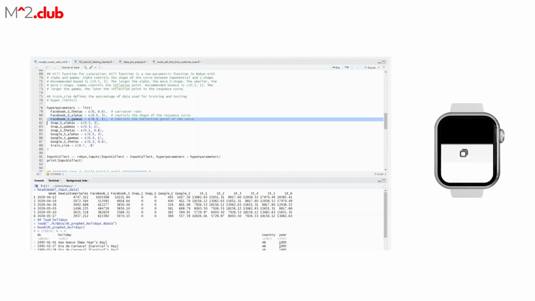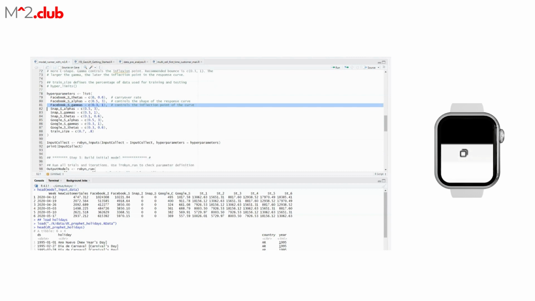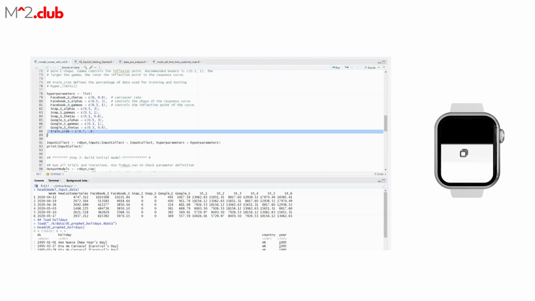Finally, we are going to tell Robyn to give me the best models, let's say around 15 models out of maybe 1,000 models that we run, the ones that have the lowest root mean squared error, for instance. It is also going to give us these parameter values and the response curves. So we can literally understand whether some curves are really making sense or not, apart from just looking at the contribution percentages. And another hyperparameter here is the train size, which is the fraction of observations we want